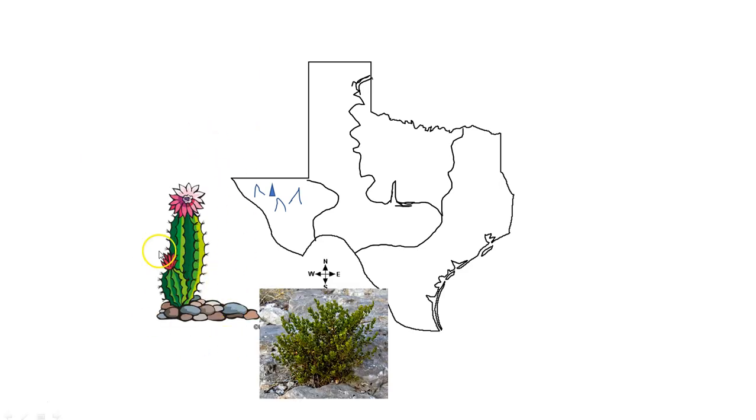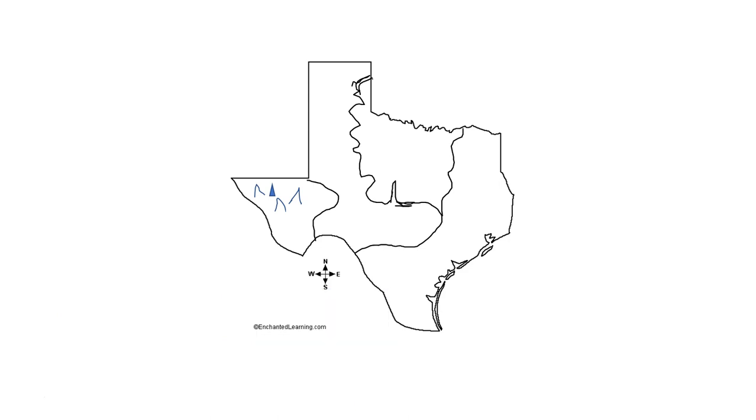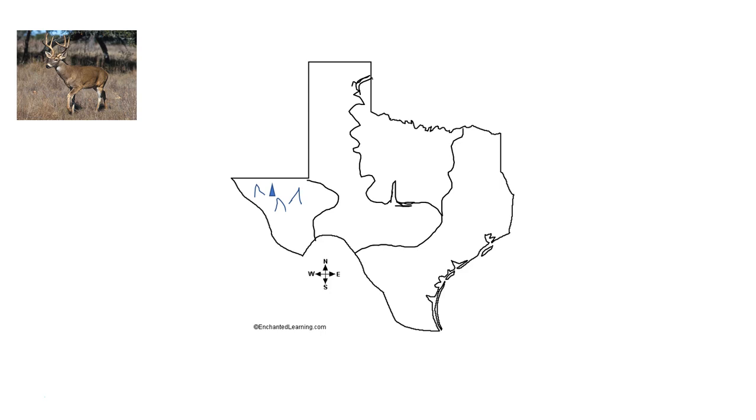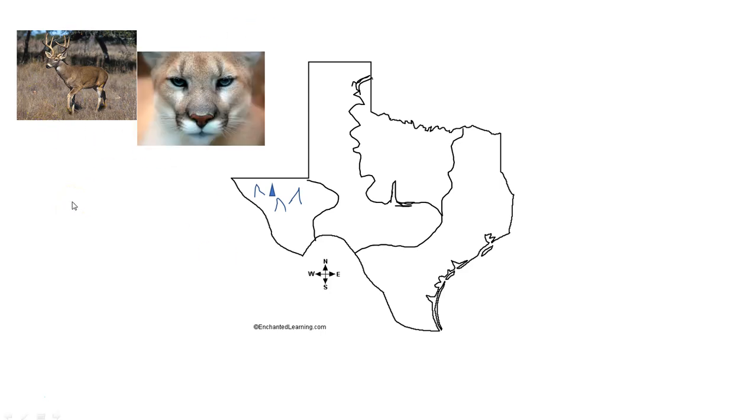Now, what you get down here, especially in the south part of the mountains and basins, you get cacti and creosote bush. Cacti and creosote bush. Doesn't that look hot and dry? That's the point. Well, what kind of animals live there? All right, so in the north, in the mountains, you get a lot of deer. And you get those guys called cougars.